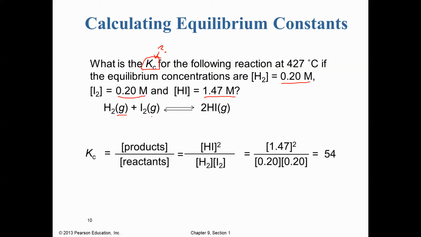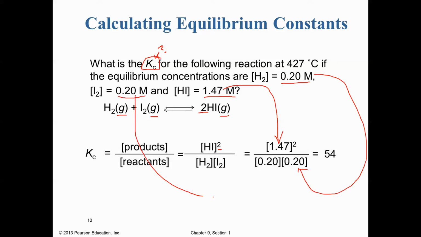We can see that everything's gases, so they're all going to be included in our expression. And so we're going to put our products over our reactants. So HI goes on the top, and then H2 and I2 go on the bottom. And our exponents, our coefficients, are going to become exponents. And so now we're going to plug in our values right here. So our 1.47, we're going to plug into our equation right there. And then these 0.2 values we're going to plug in